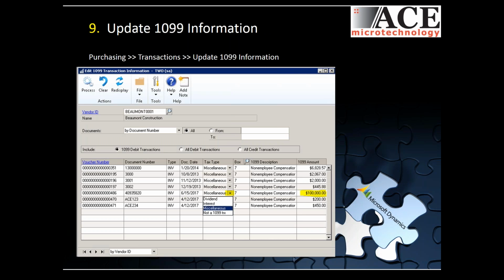Number 8, number 9, update 1099 information. Most of the time by the end of the year, we are getting into our brain that we now need to deal with our 1099 vendors and get ready to send out 1099s. But this screen here under Transactions, Update 1099 Information, actually allows you to change not only your tax type